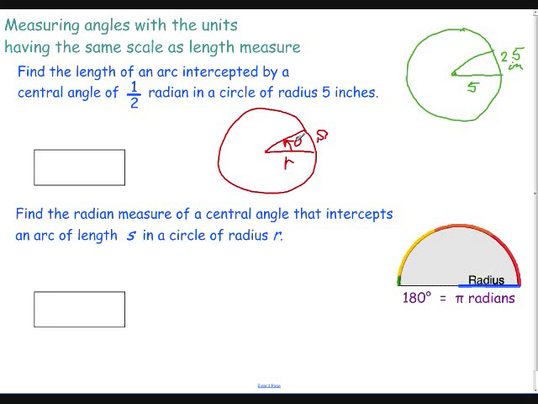Notice when we're dealing with arc length, we're always talking about radian measure. Degrees will not work. So I know my answer is not going to have number, well, it may have a number, but it's not going to have a number value for me. How did I find it over here? The arc length was 2.5,